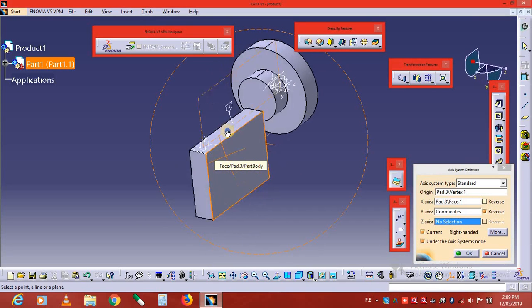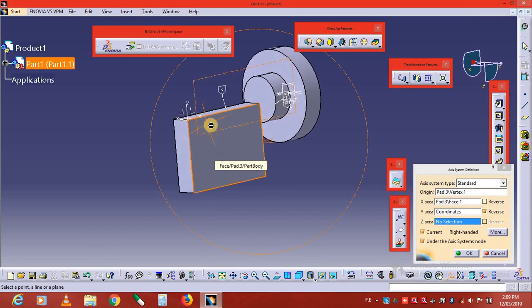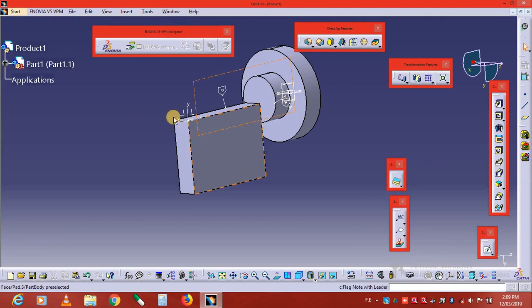So this is the part we made with the new axis. So press OK. This new axis is formed. As we select this axis, this y z plane,